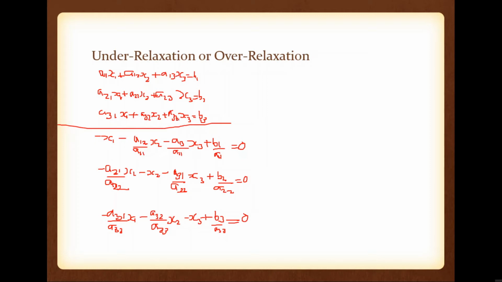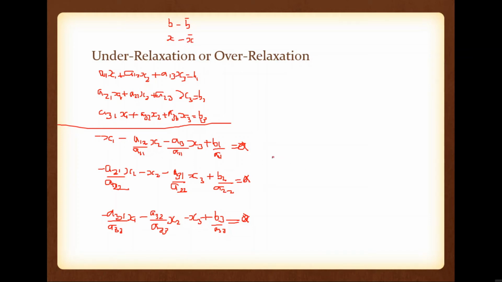Then what we did: if you are substituting the exact solution, then the right hand side will be 0, otherwise the right hand side is not equal to 0. So these zeros are replaced with residues. What does residue mean? The actual b value minus the b value that we got after substituting the current x value, not the actual solution, that we can write as b bar, is known as residue. If you substitute the actual x value, then b bar is exactly equal to b, so the residue is 0. Okay. What is error? Error is x minus x bar, where x is the actual solution and x bar is the numerical solution. So this is error and this is residue.